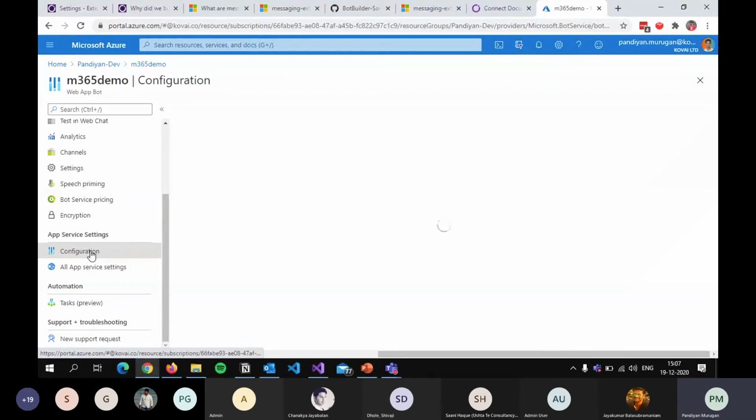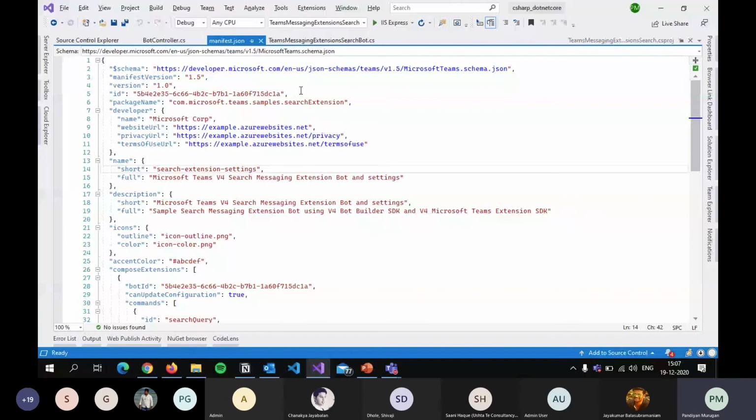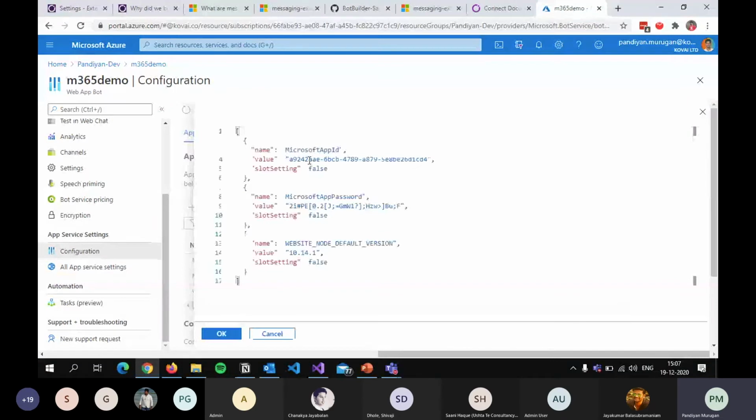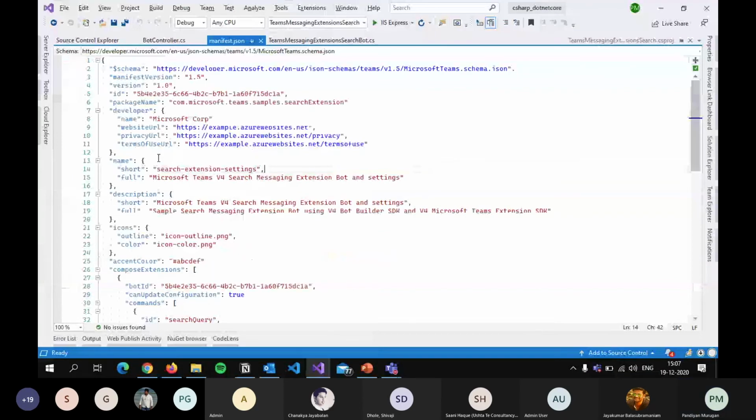For example, I'm just getting the ID from here. This Microsoft App ID will be the bot ID here. The ID goes in this place and this place. We can name it M365 demo.